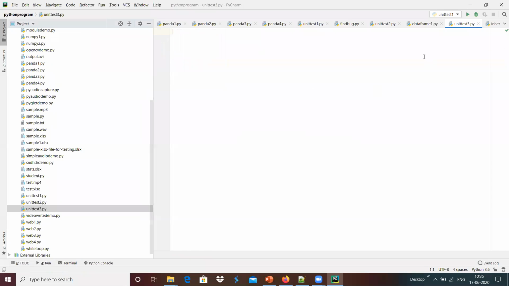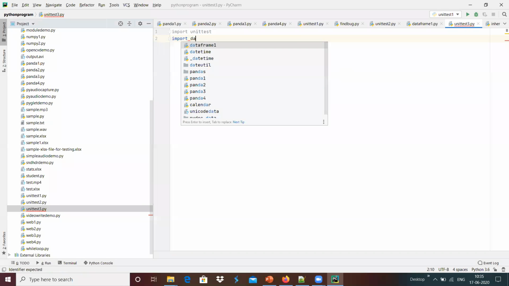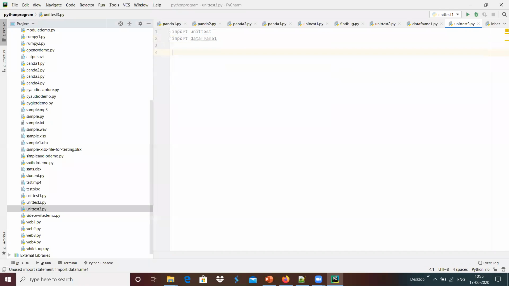It has to use import unittest, and then import the module which has to be tested, data frame 1 is the module. I'm going to import that module.